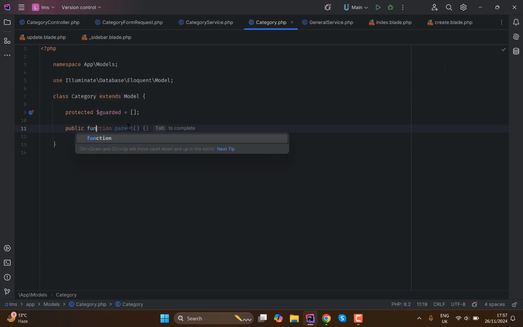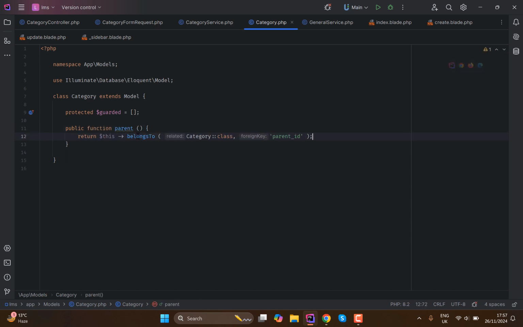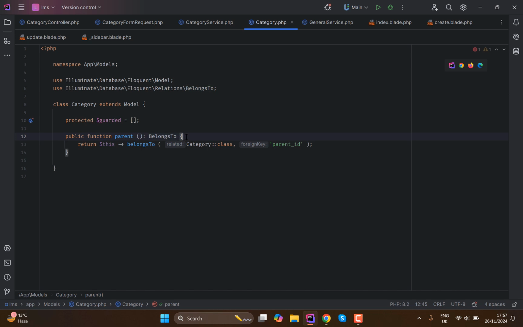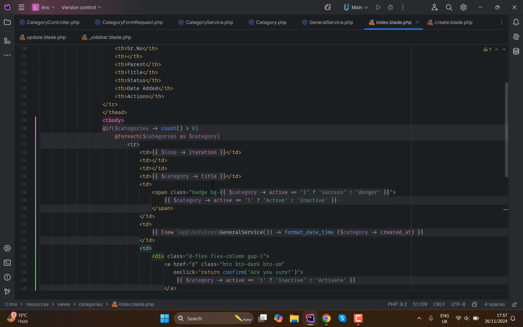So what I'm going to do is basically I will create a function of parent, and this will definitely belongs to, let me also define this relationship. So this basically belongs to category, and the foreign key is parent underscore ID. Let's quickly display that. And in order to do so, we need to specify the category, parent, question mark arrow,